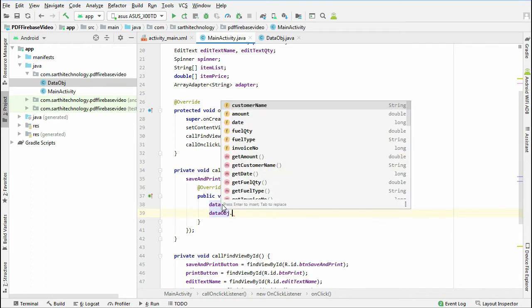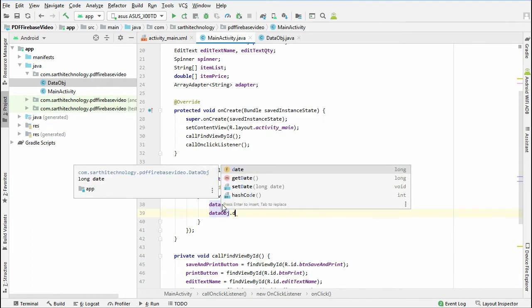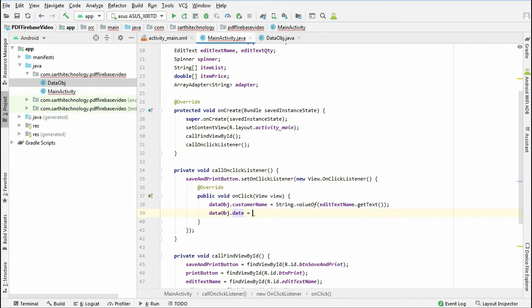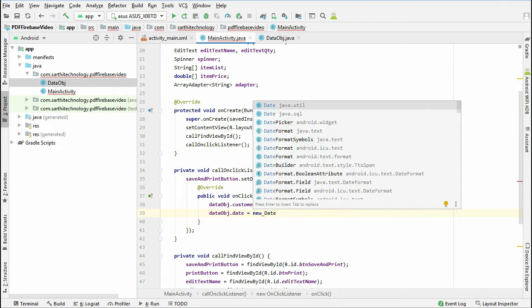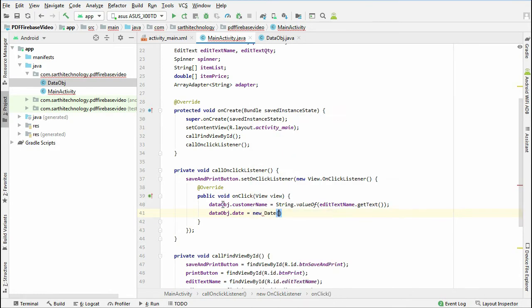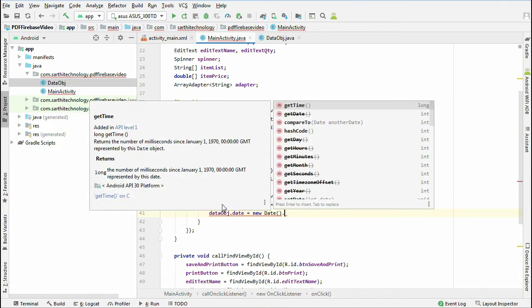Data obj dot date equal to new date dot get time.